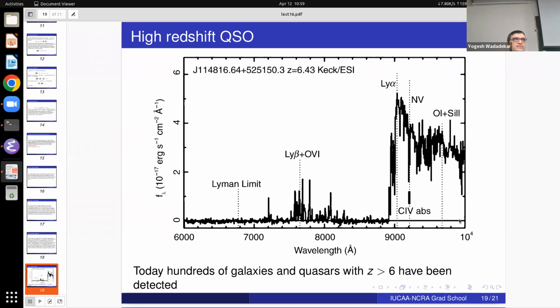Doesn't matter. Galaxies also, they don't have so many emission lines, but they have the same broad continuum spectrum. If it's a star forming galaxy, you'll have Lyman alpha emission. You'll have the Lyman alpha forest on one side, and you'll have the